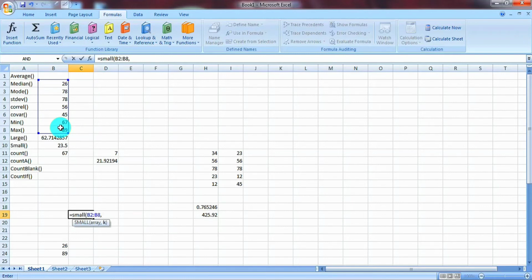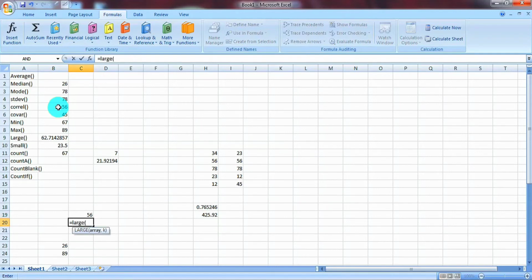Here I want to find third smallest number. For that I have entered value as 3, then press enter key. Here first smallest number is 26, second smallest number is 45, third smallest number is 56. So 56 is output of our function. Next one is large function.